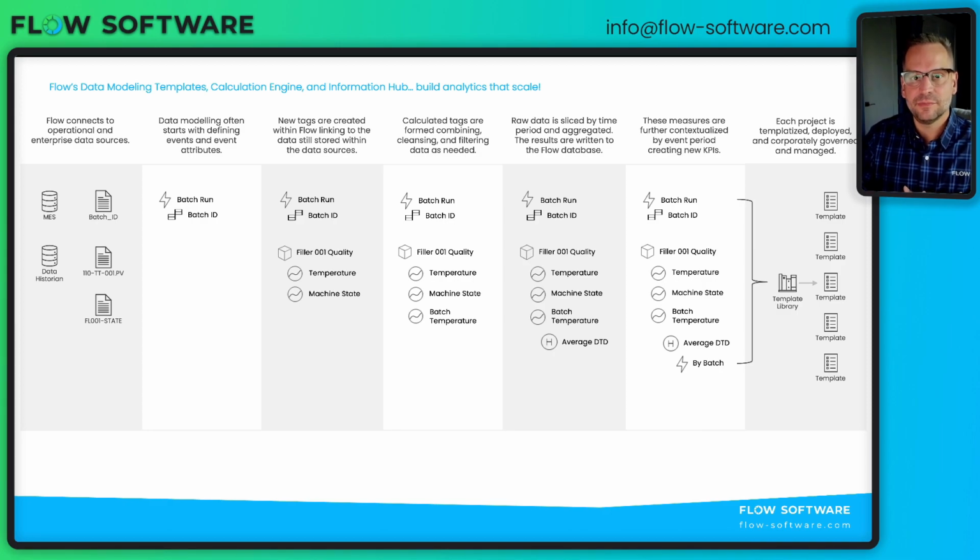Now, each site has the ability, if given, to modify the template if necessary and to add their individual context to these rules. Meaning, if I've called out something around, for instance, a shift calculation, the site can define their shift patterns. And I'm not hard binding any of my Flow tags to a specific tag inside of a historian or a property inside of a table. So when I deploy these templates to site, the site sees, I need a temperature, I need a machine state, I need a batch ID. They know where to link to that data.